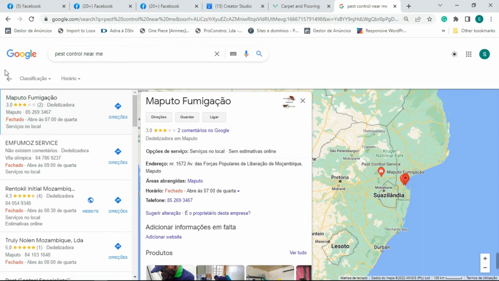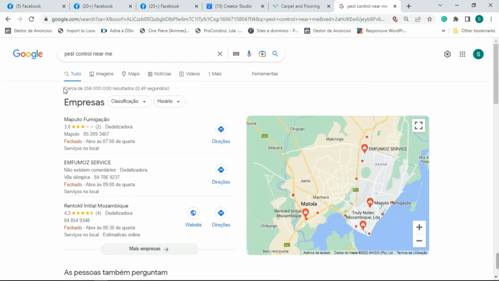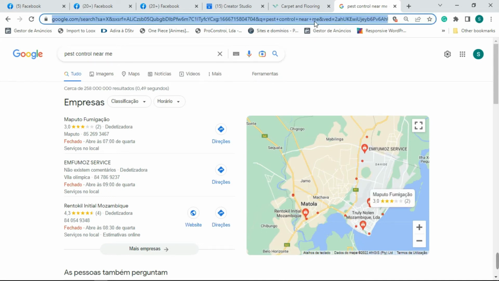So guys, imagine if you can create listings on Google My Business for all kinds of offers, for all the verticals that you work with. For example, you have pest control, debt relief, Obamacare. Imagine if you can create a Google My Business listing for all these verticals. So don't worry if you are not based in the US. If you are based in the US, it's better, because when you register a Google My Business,